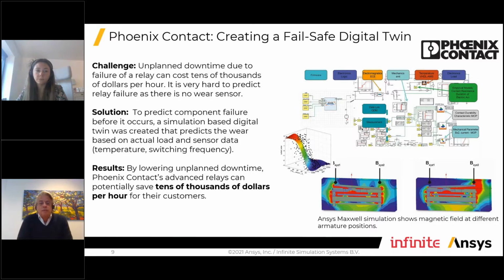But you make a multi-domain system from your total system, and then instead of assumed data, you use real data from the product which is placed at your customer. You can sense, for instance, the loads and temperatures, and then you have a better understanding of what's really going to happen. The result is that you can lower the unplanned downtime of the total system, which can save you, of course, lots of money and also gives reliability to your customer.